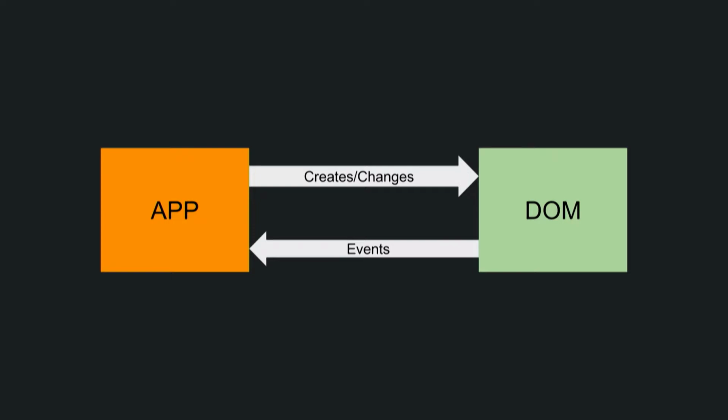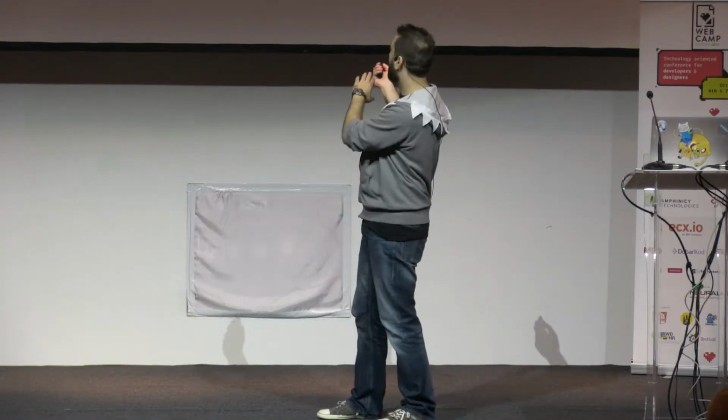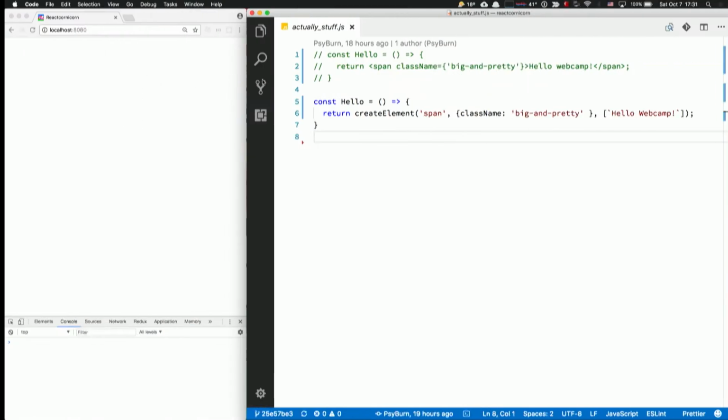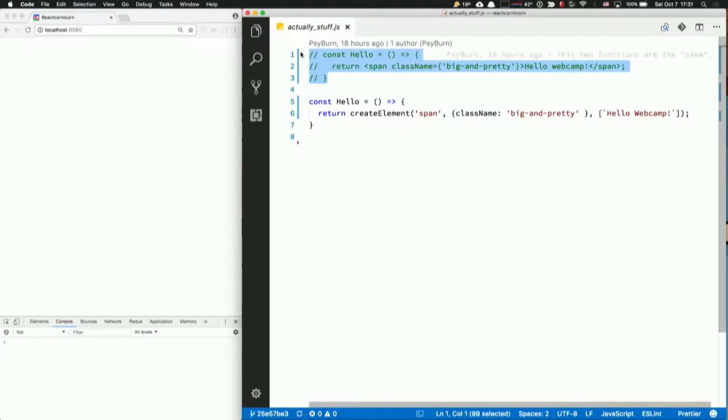well, usually it's simple. We have our application code, our application data, which changes the DOM, and DOM reacts to events and says to our application, hey, something happened. Okay, great. Let's try to do that in React. Okay, let's do basic React elements. So, live coding, God help me. Okay, so first of all, you know that XML part that we saw before. So we have this.